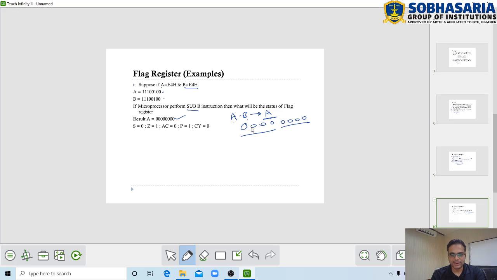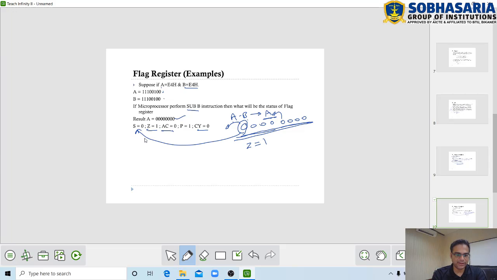In this case, as you can see, there is no carry generated from this side, so carry becomes 0, and there is no carry generated from D3 to D4, hence auxiliary carry is also 0, and this entire result is 0. That is the reason why the zero flag becomes 1, and this MSB is 0.